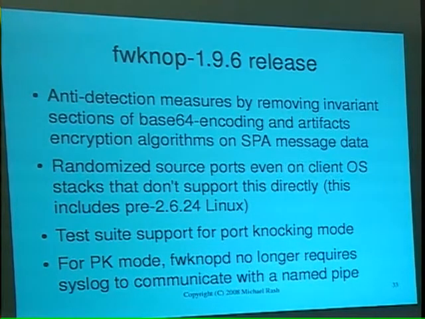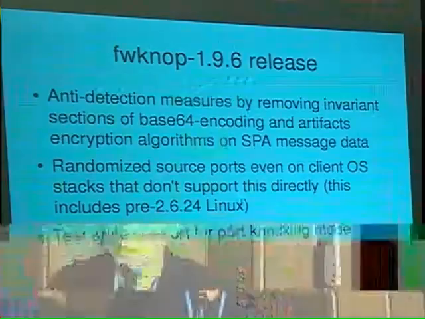Let's see, running short on time here. So this is the 1.9.6 release. There are a few additional things. In trying to write both client-side and server-side software like this, I've come to realize that a test suite is really, really important. And there is now test suite support for port knocking mode as well as SPA mode, of course. I think there's about 180 tests in there or something like that. But anyway,